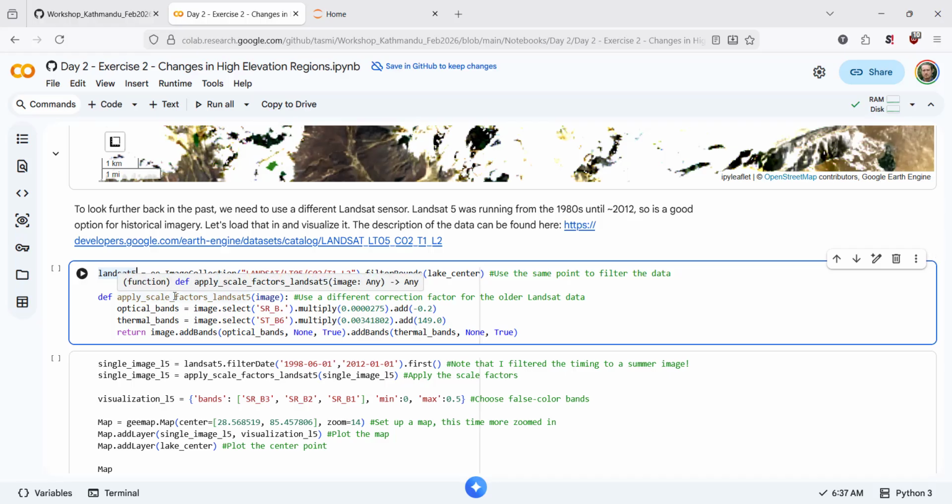Landsat 9 only goes until 2021, so it's quite recent data. If we want to look at much older data sets, we have to use a different Landsat collection. So, for example, here, we're looking at Landsat 5. Landsat 5 started collecting data in the 80s, and it stopped collecting in about 2012. So if we load in our Landsat 5 data and do the same filtering,